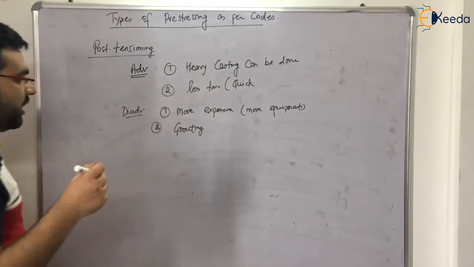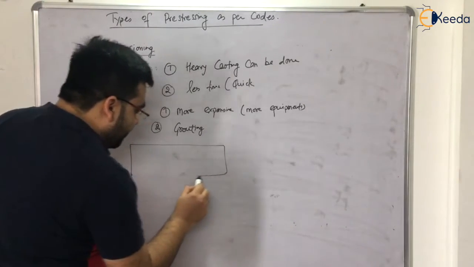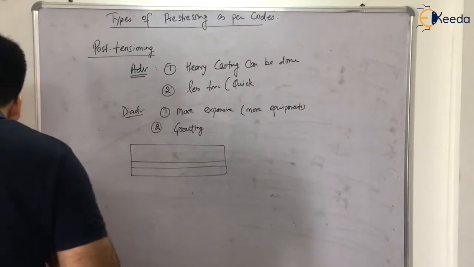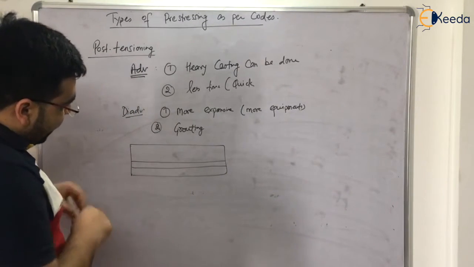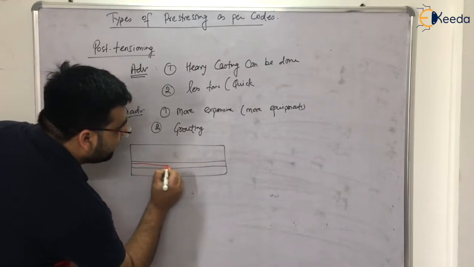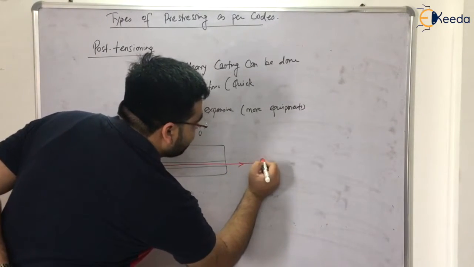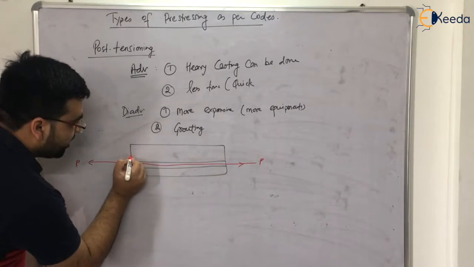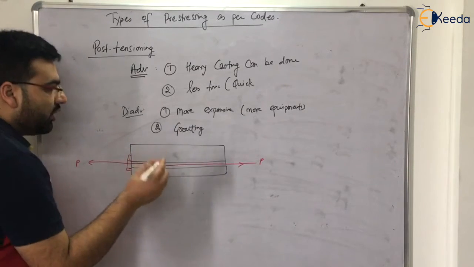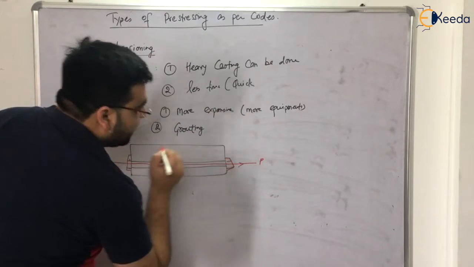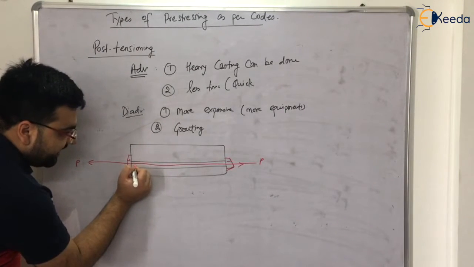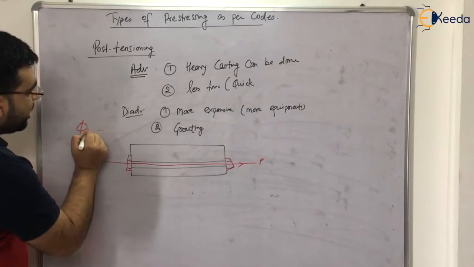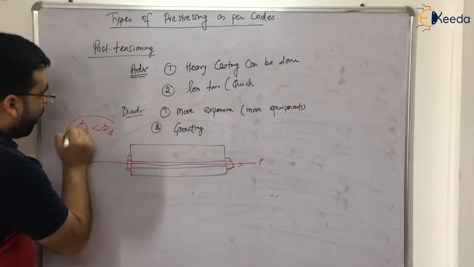Now what is this grouting? I told you that this was your beam and this was the duct. Let me use another marker. So this was a duct, okay? And inside the duct, what do you have? You have tendons. There is a tendon which was stretched with the load and then released. It will try to come back to the original position. Now due to this anchor mechanism, it will not come inside the beam. So now we have some gap between the tendon and the duct. Why? Because the diameter of the tendon is smaller than the diameter of the duct. Obviously, there will be some gap.